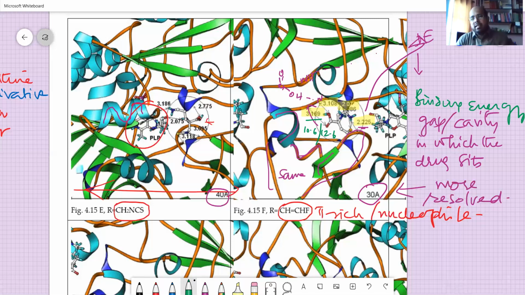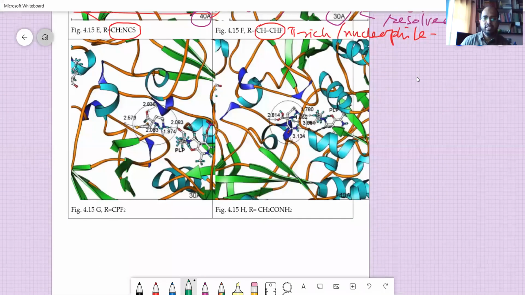So within van der Waals distance, like 4 to 5 angstrom units, it starts from 3 angstrom. Within those distances only there will be interaction, electrostatic or non-covalent interactions. So all this will help in evaluating the drug there.